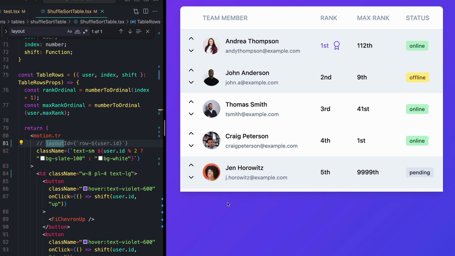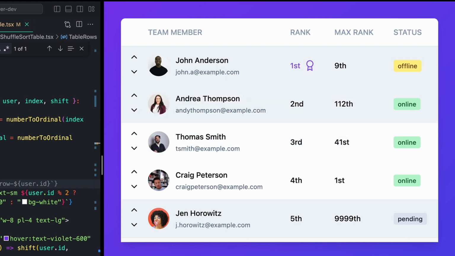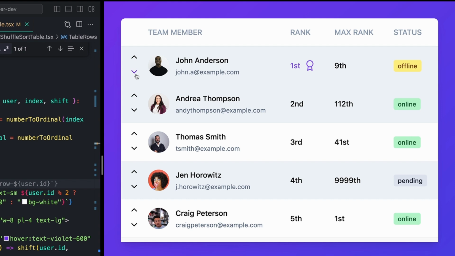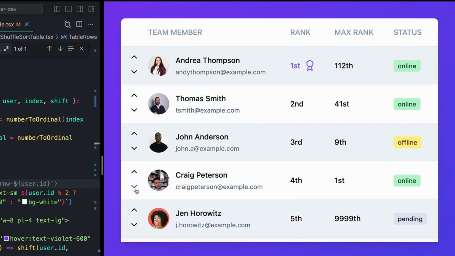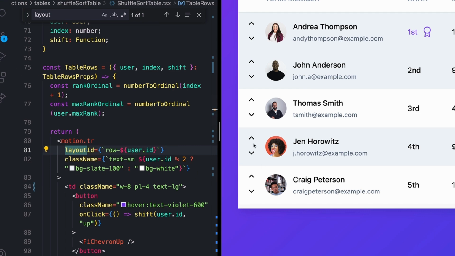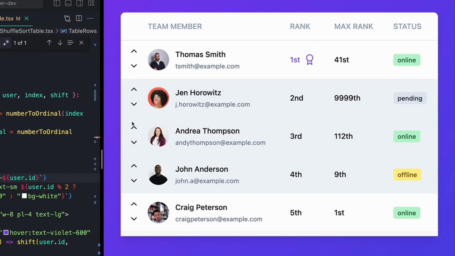An extension to confirming user intent is helping to visualize page transitions or movements around the page. By example, I've got this table here, which shifts and sorts these rows around as users click on these little arrows. Given that I'm not actually animating these between positions, it can be a little bit hard to actually follow which rows are going where. You know, in real life, things don't actually happen immediately, and that's why a simple layout animation like this can really help the user to follow the input that they just gave